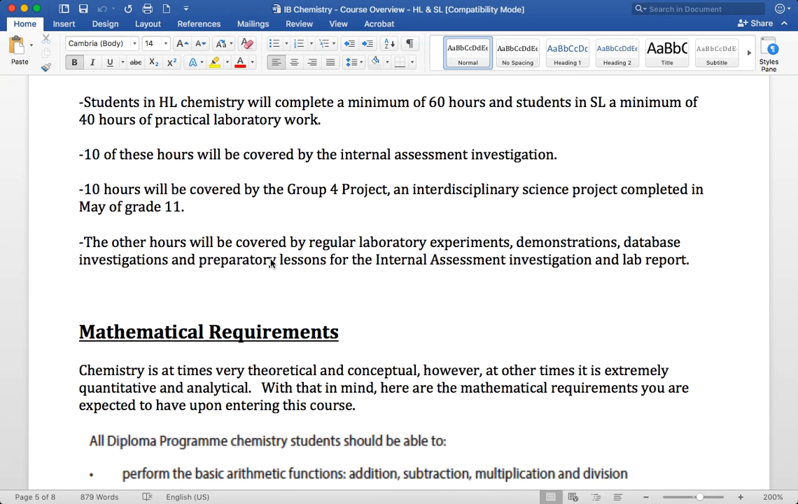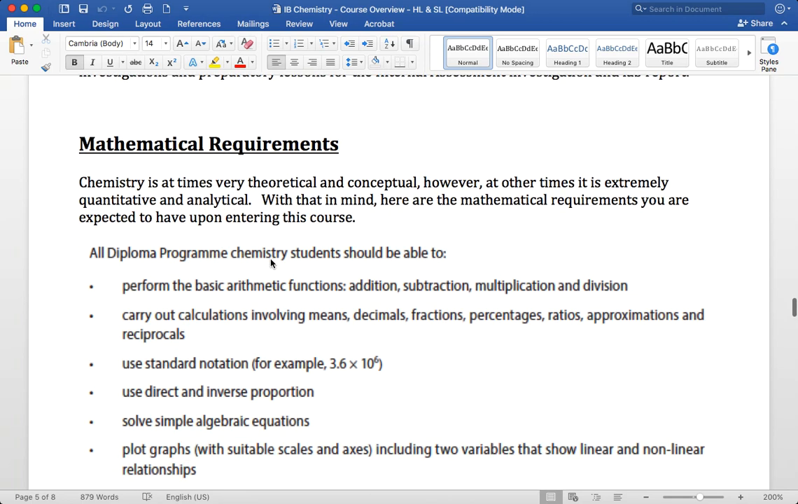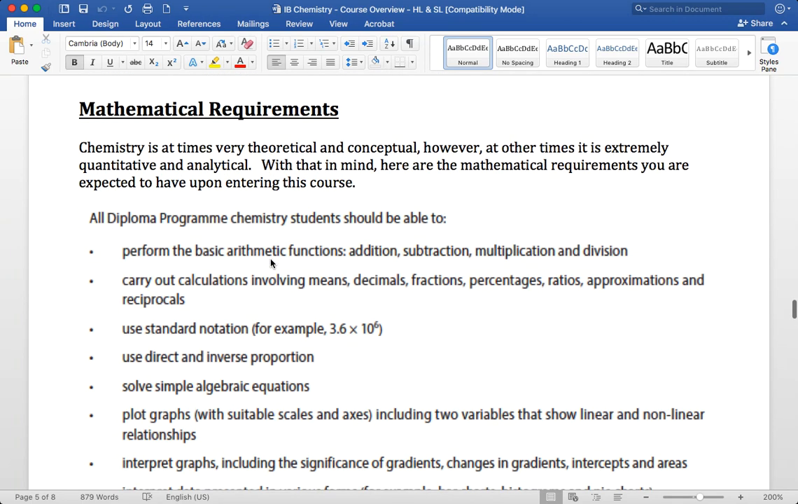We'll also do something called the Group 4 project in May of grade 11, which is a really fun interdisciplinary science project day, actually 2 days, where you get to work with people from all different science classes on a bunch of science challenges. You should also know as you start the course that you will be expected to have